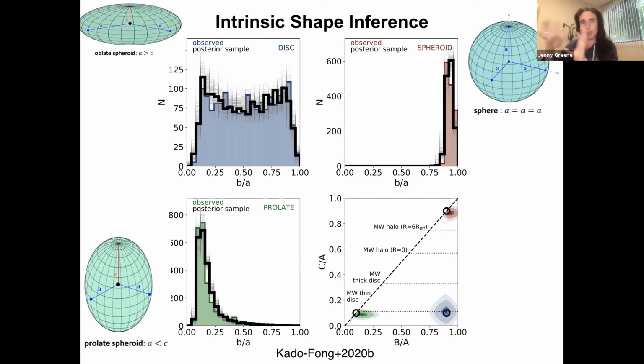If you're spherical, you're going to look spherical no matter what. And if you're prolate, you will most often look elongated, but occasionally you'll be seen down the short end and look round. And so with these distributions,